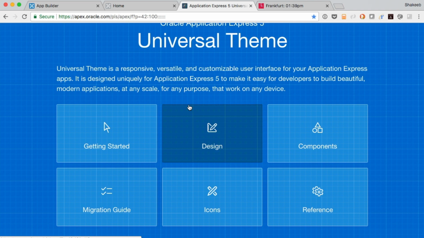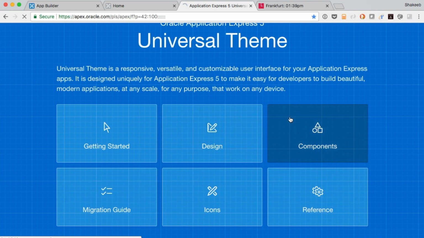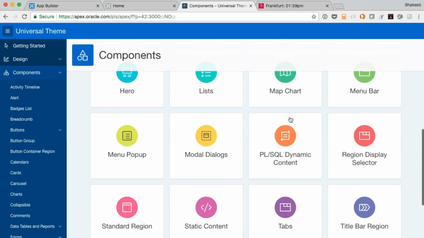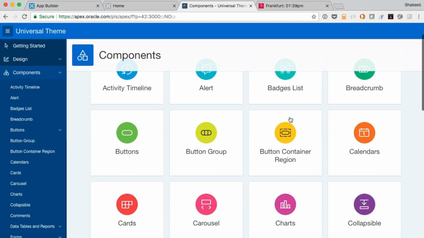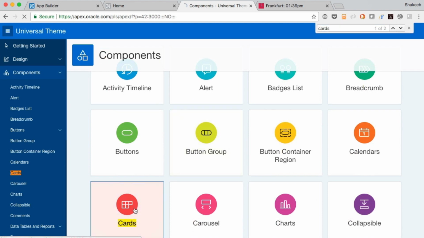So using this application, you can learn a lot about Universal Theme. You can look at all the components. For example, if I click on components, you'll see a huge list of all the different components that are offered with Universal Theme. And if I click on one, for example, cards, I can click on it and